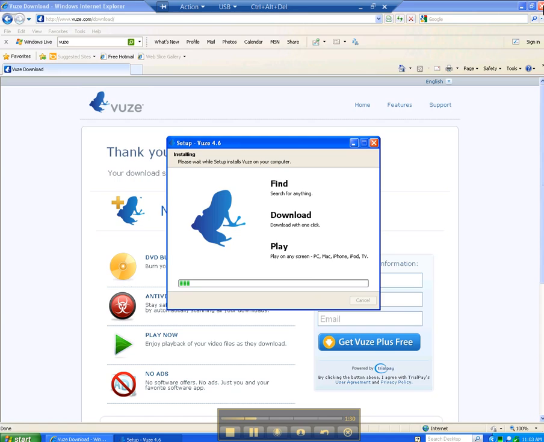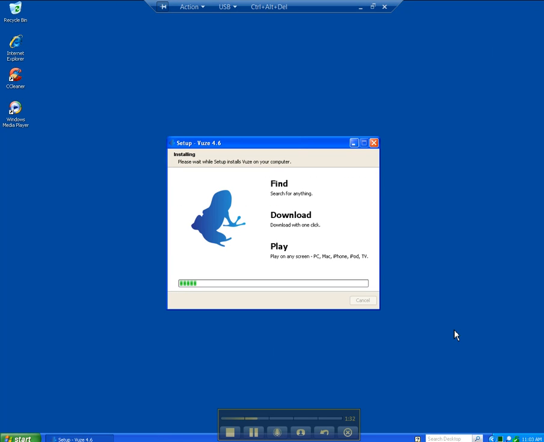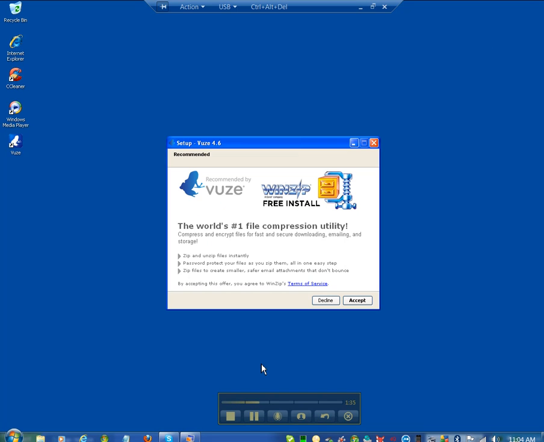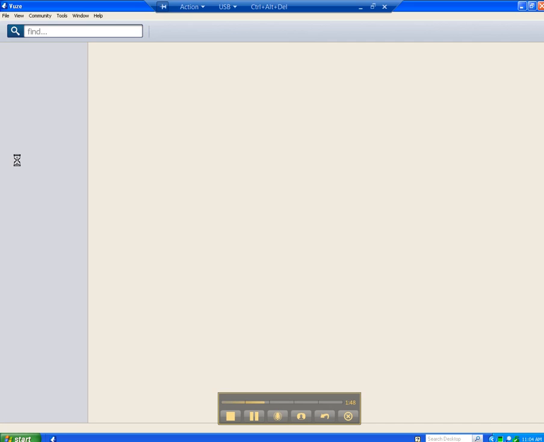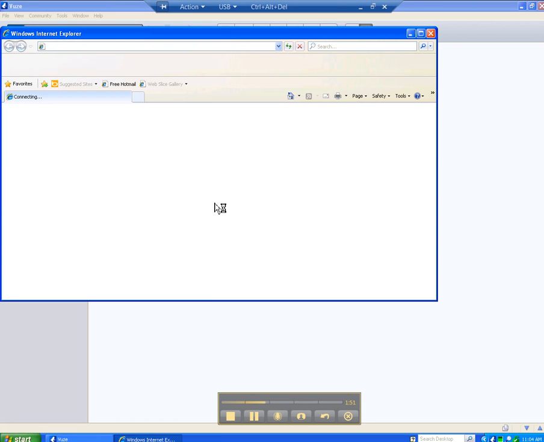I'm going to close the browser here. There we go. Now once it's loaded, it's going to offer you some more bloatware. You don't need that, so as it comes up, you just decline it. And you'll notice here that the Vuze icon is now on my desktop, and the Vuze program is beginning to